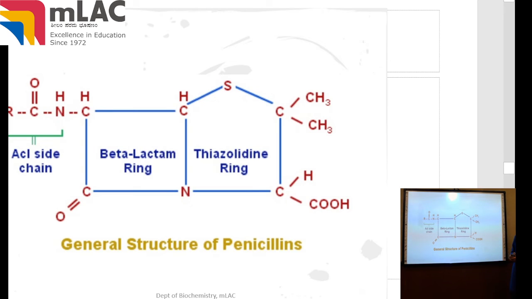Let's see the structure of penicillin. This is the general structure of penicillin. I want you to appreciate the beta-lactam ring. So this is the beta-lactam ring which interferes with the cross-linking reaction of the peptidoglycan synthesis. Next antibiotic,